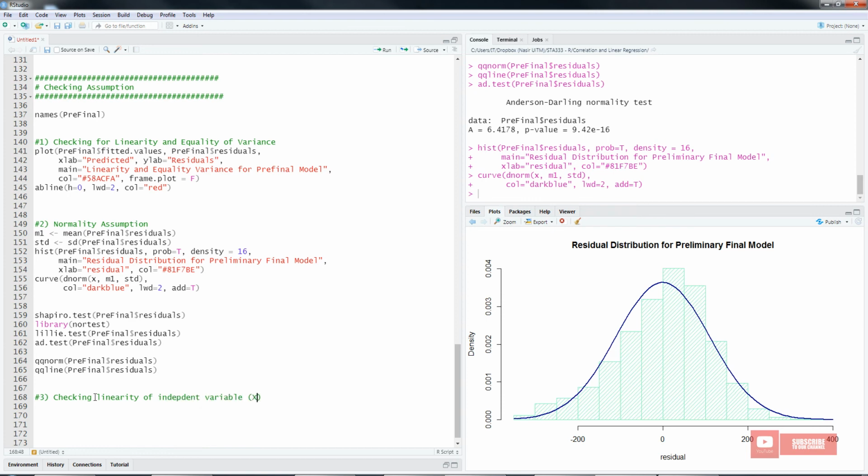So we're going to use xi, yr, which means xi is the independent numerical variable, and y should be the residual. Right? Plot. So data 1, let's say height, right? And then pre-final